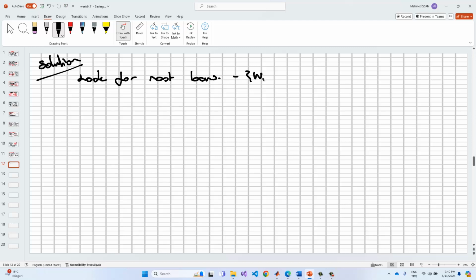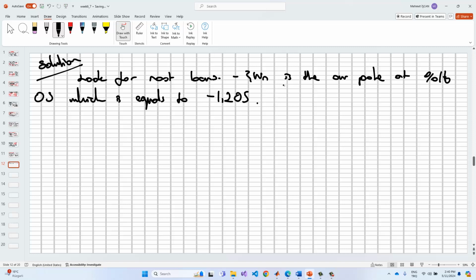Minus zeta times omega n is the pole at the 16% overshoot, which is equal to minus